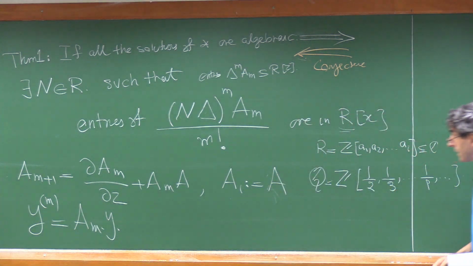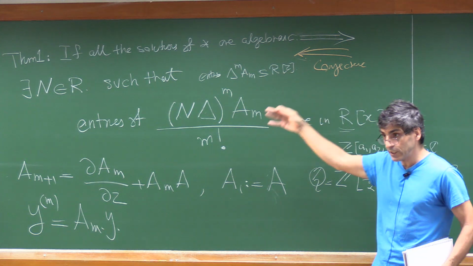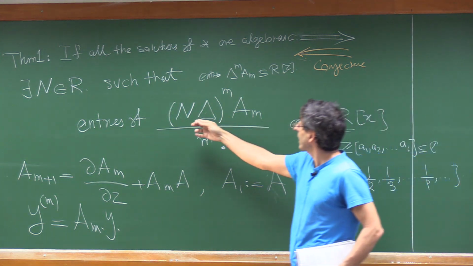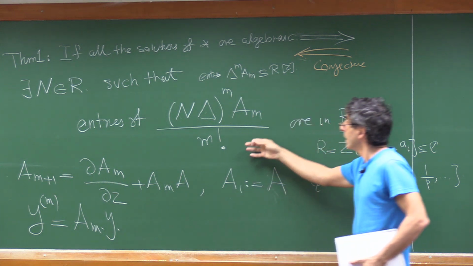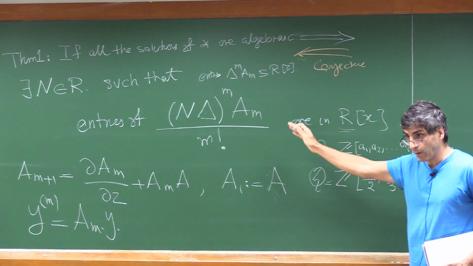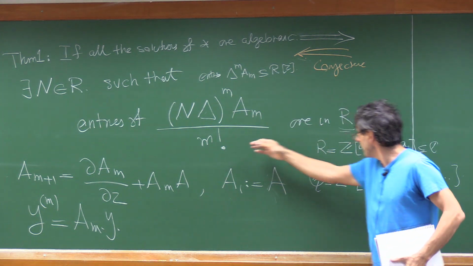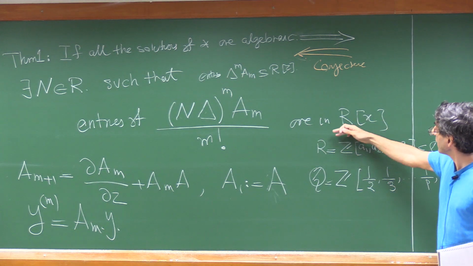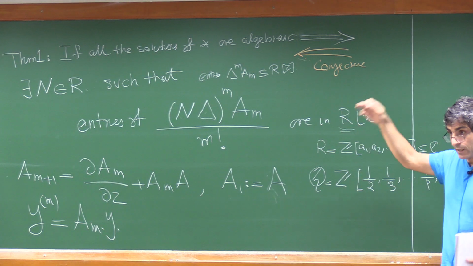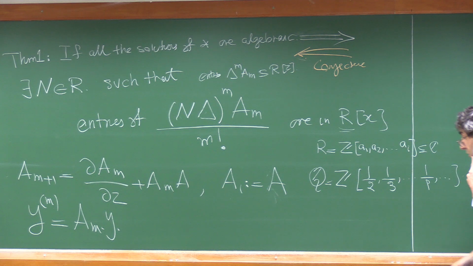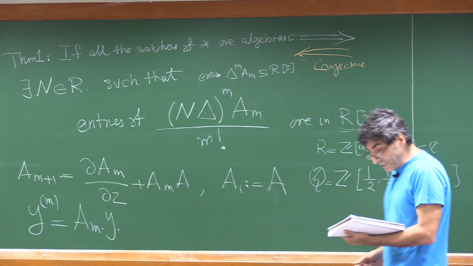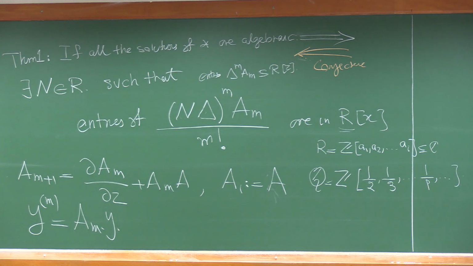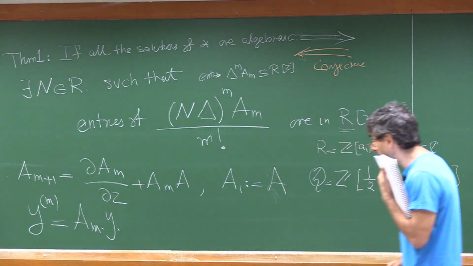So what it means is that if you have a differential equation and you see that there exists some n such that with this combination almost all the primes are cancelled in the denominator, and at the end you land on again a finitely generated ring, then the differential equation must have only algebraic solutions. But the situation in the literature is that this has not been formulated in this way. Otherwise, there is this Grothendieck-Katz conjecture that I want to mention. This one.